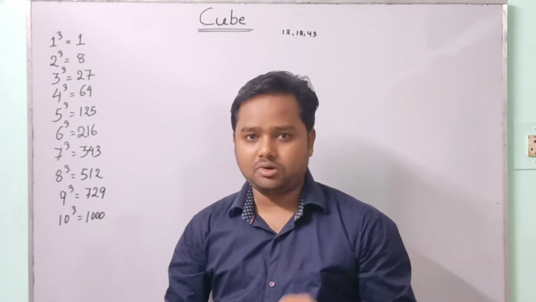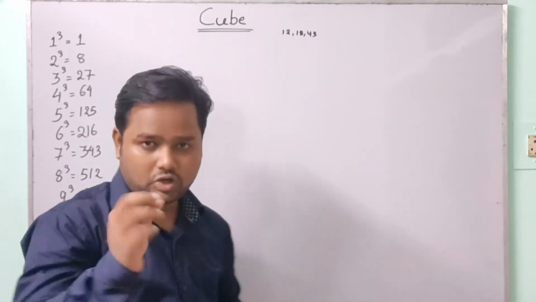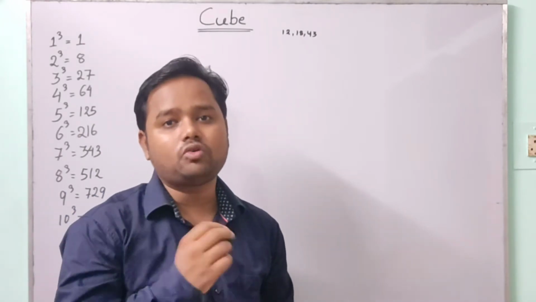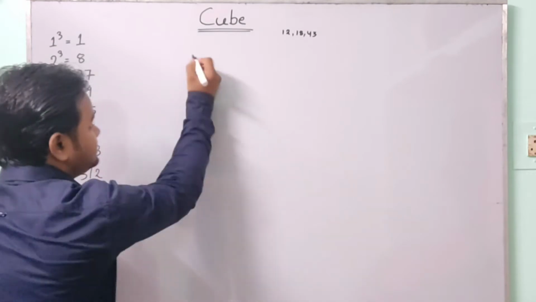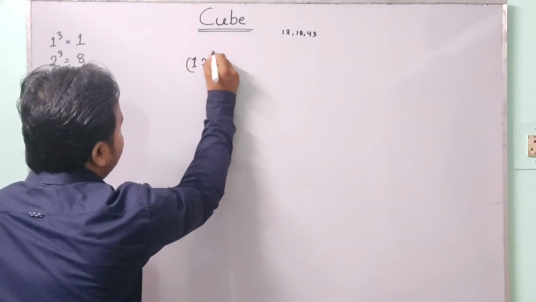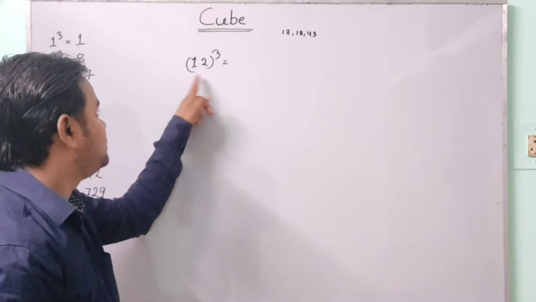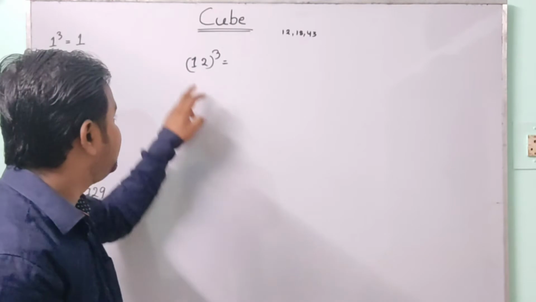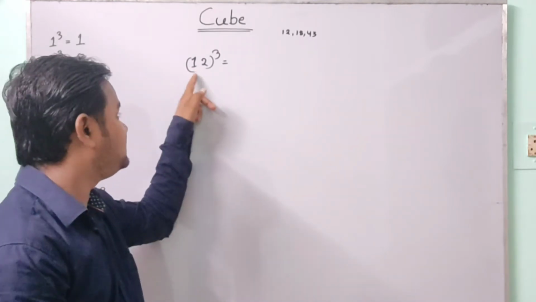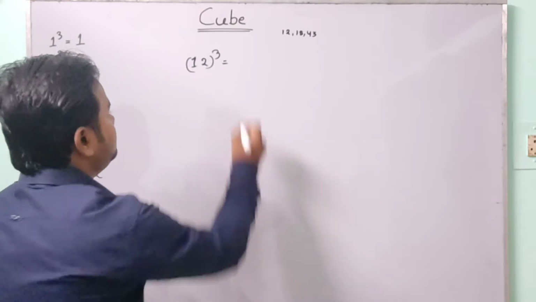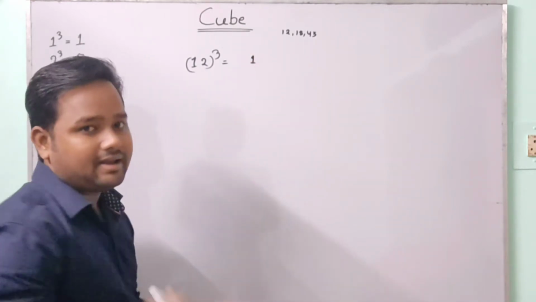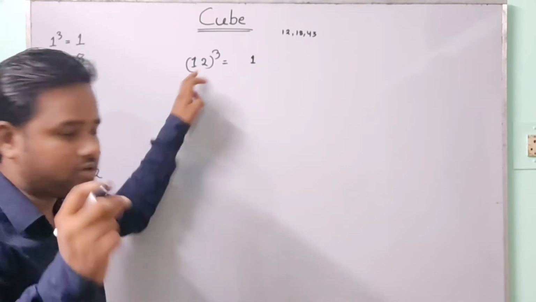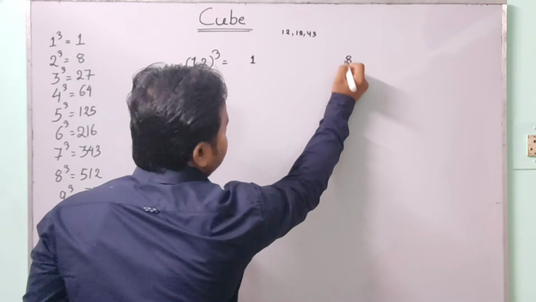By taking an example, first we will study the cube of 12. In this class, we will study an easy trick to find a cube. Here, the number is 12, which consists of two digits, 1 and 2. First of all, we have to write the cube of the first digit. The first digit is 1, so the cube of 1 is 1. Next, the cube of the second digit. The second digit is 2, so the cube of 2 is 8. I will write it at the end.